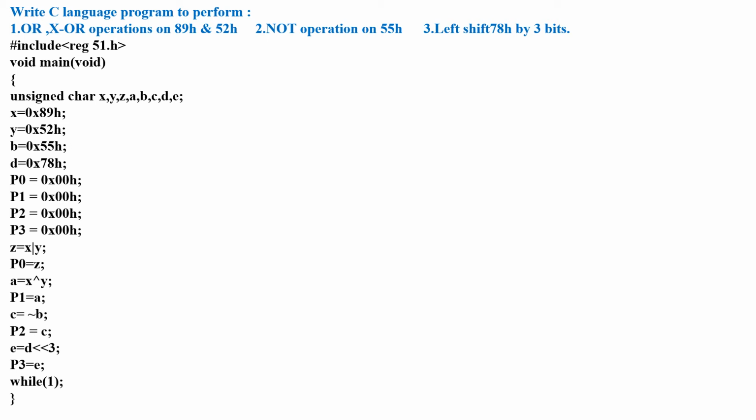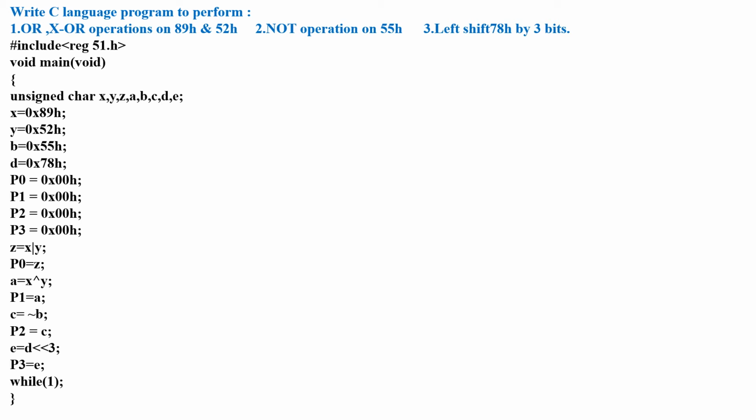Now we write the logical operations one by one. Our first operation is the OR operation. x OR with y, and the result generated is stored as z. Finally this z is displayed to port 0. Similarly, for the second operation, a is the result of the XOR operation, equal to x XOR with y.